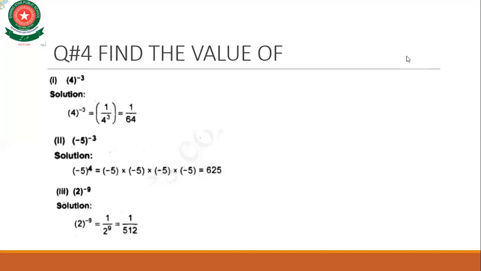Now here again the negative exponent. So we have to take the reciprocal of this, and we get 2 power minus 9 is equal to 1 over 2 power 9. Now 2 power 9 means we have to multiply 2 with itself up to 9 times, and after doing this we will get 1 over 512. So that is the answer of part number 3. Now the part number 4,